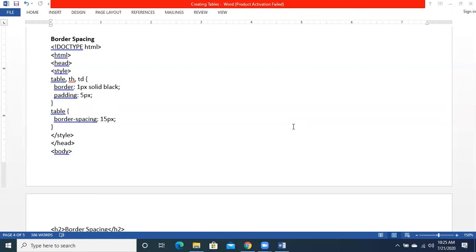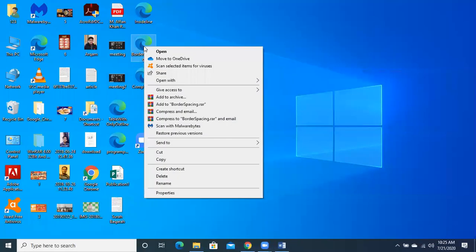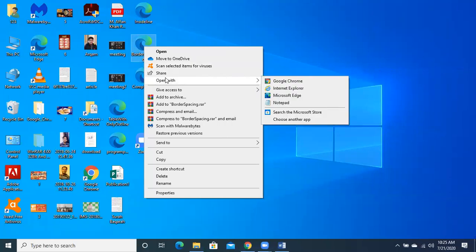So now, what is basically meant by border spacing and how can you cover it? This is another piece of coding for today that we are going to discuss, and I am going to show you with an example, and of course I am going to give you this coding as well.